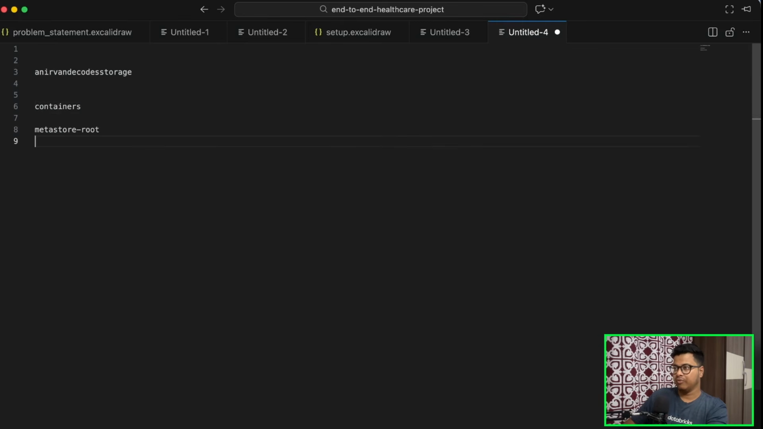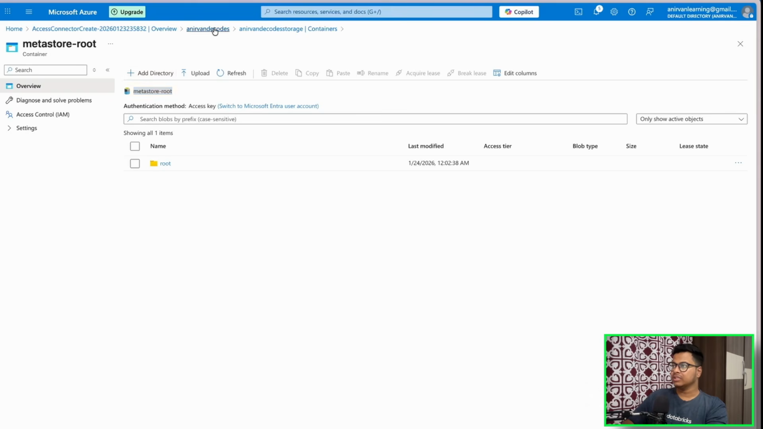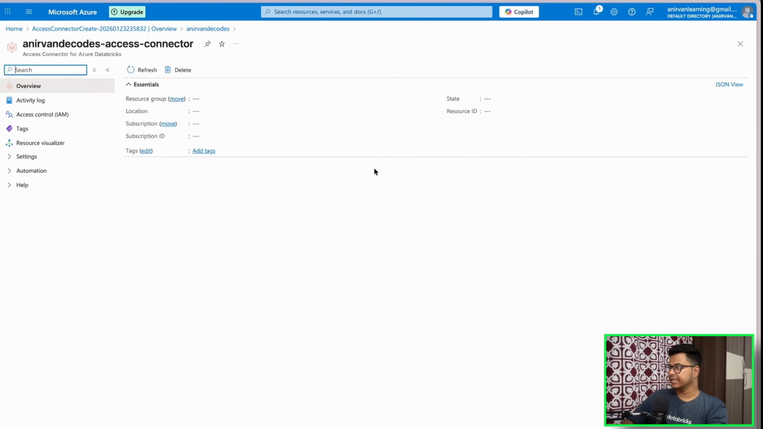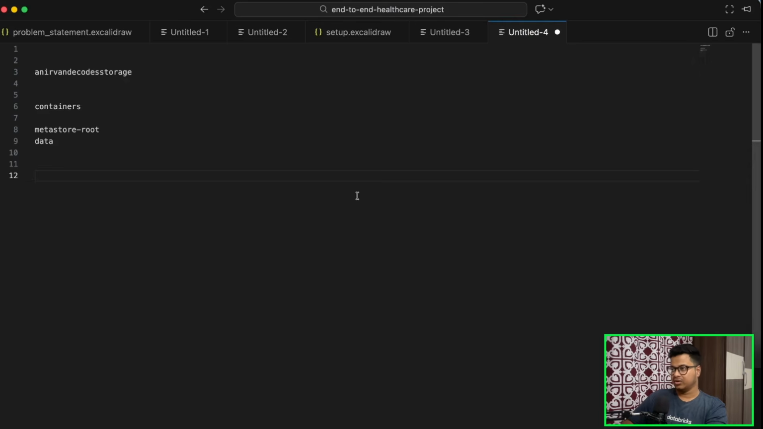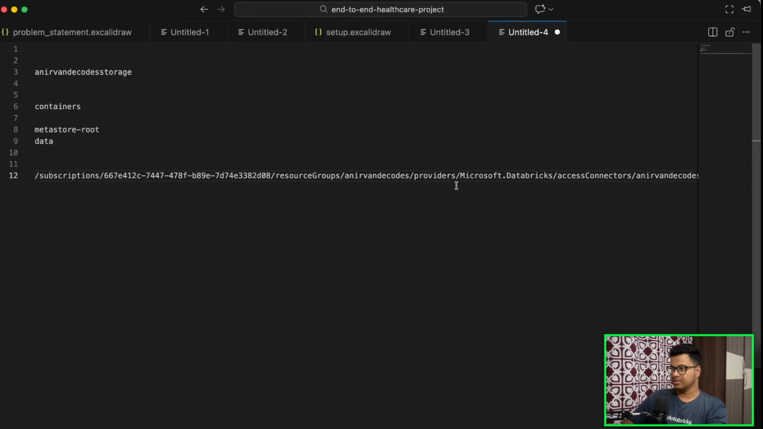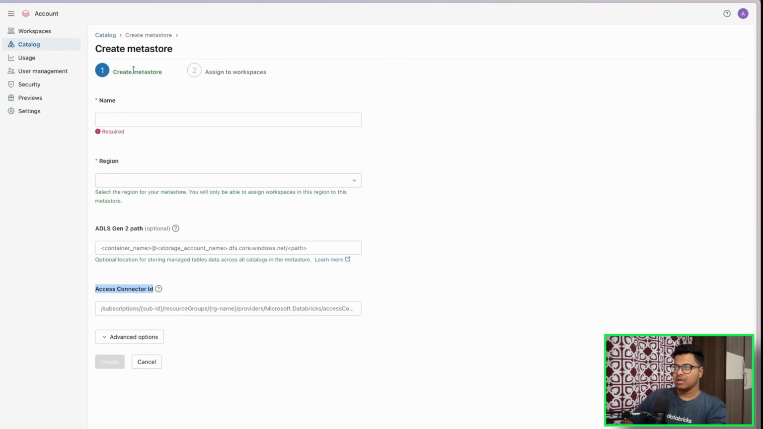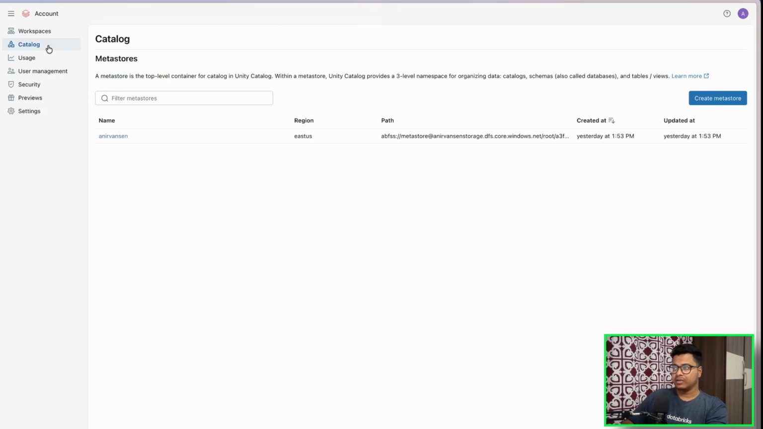So we have Metastore root and we have a data, right? These are the containers that we created, right? This is fine. One more thing that you have to copy is, you go to this access connector ID, you'll have this resource ID. This is what we have to provide to Unity Catalog. So you just copy this thing, and now you go back to your Azure account,